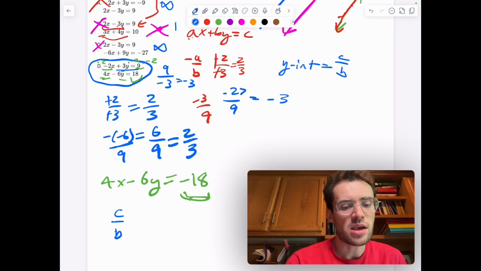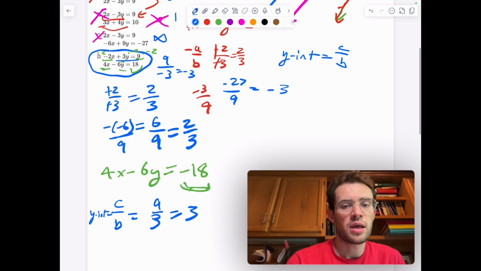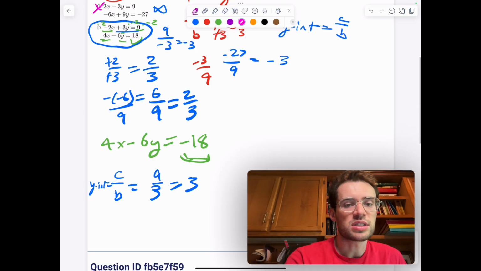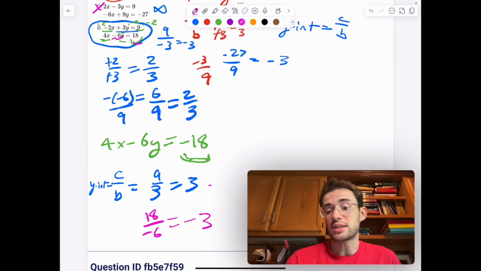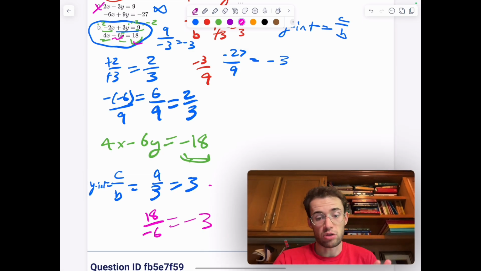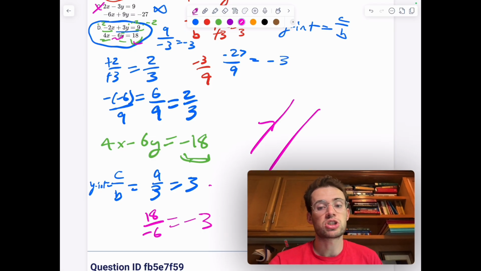c over b would be 9 over 3. So that means that your y-intercept would be equal to 9 over 3, which is 3. And for the second equation, your c value is 18. So we get 18 over our b value, which is -6. 18 over -6 is -3. So one of them crosses the y-axis at (0, 3). One of them is at (0, -3), which means that even though they have the same slope, and again, we